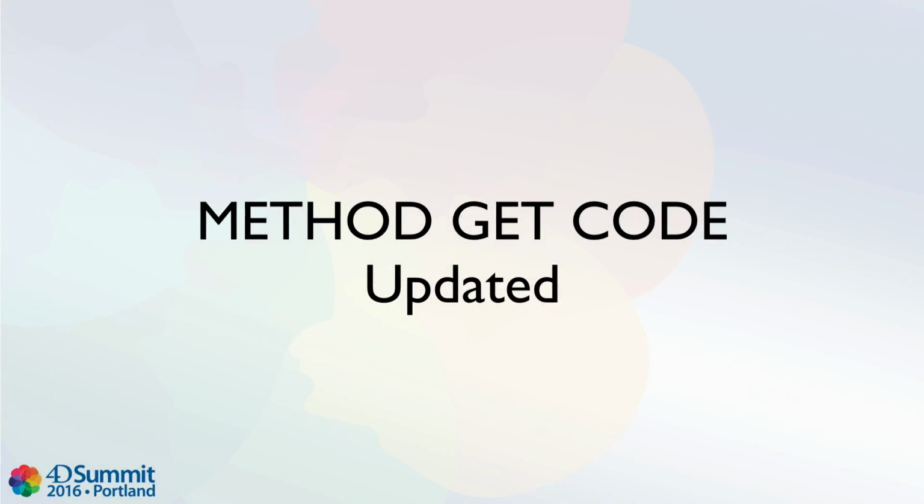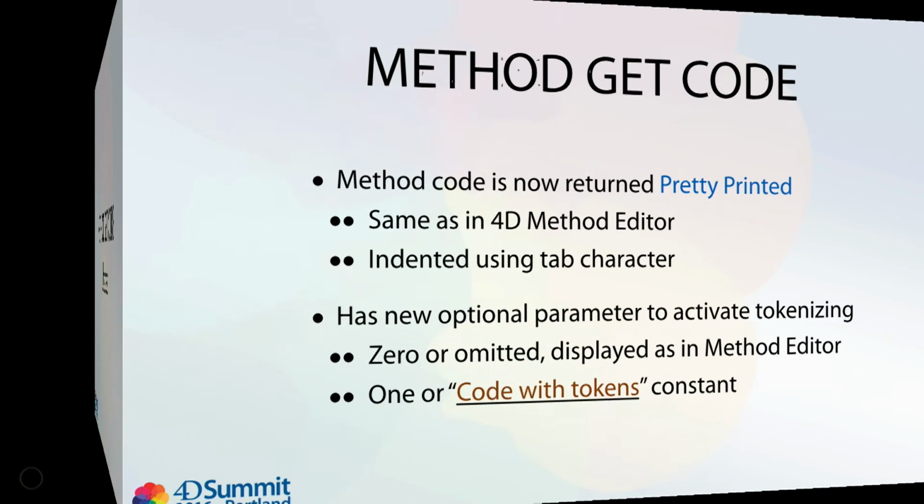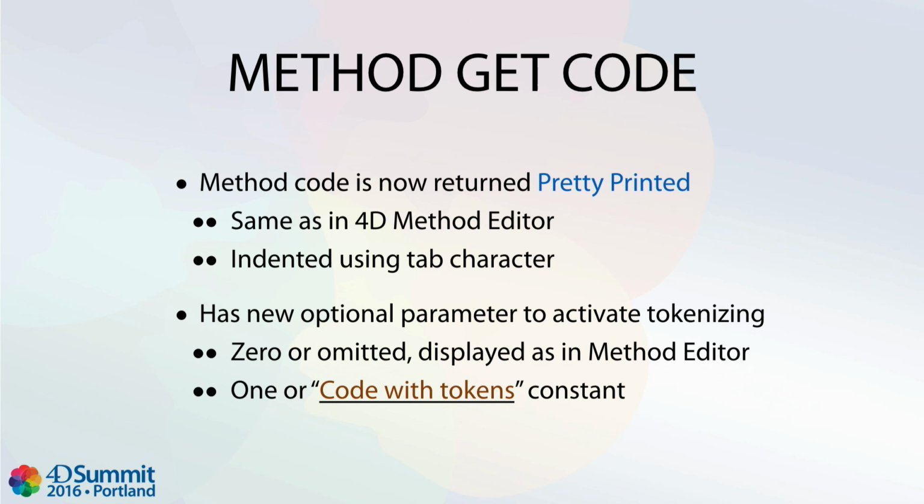Okay, method get code has been updated for a number of great reasons. First, it's now pretty printed. What you used to get was just all left justified, and it was up to you to try to figure out exactly how to follow through. It's now pretty printed, just as in the method editor, indented using tab spaces, and has a new parameter that will allow you to have the tokens that you saw, the C commands for the commands,